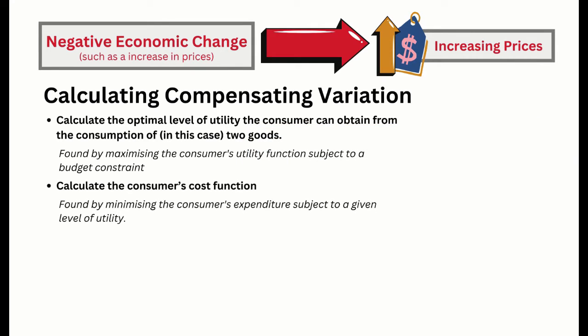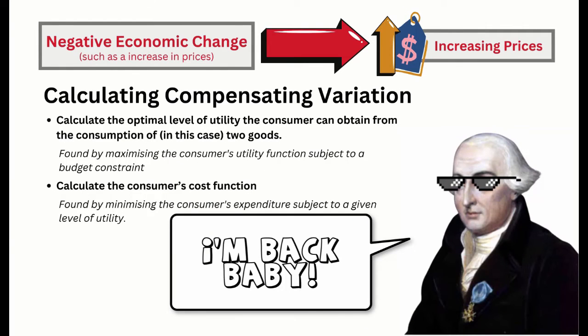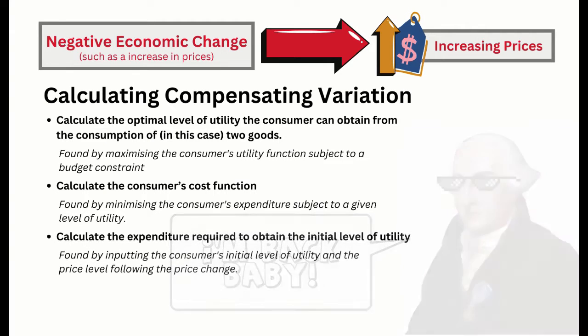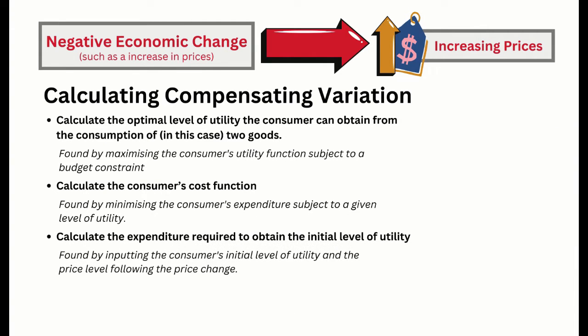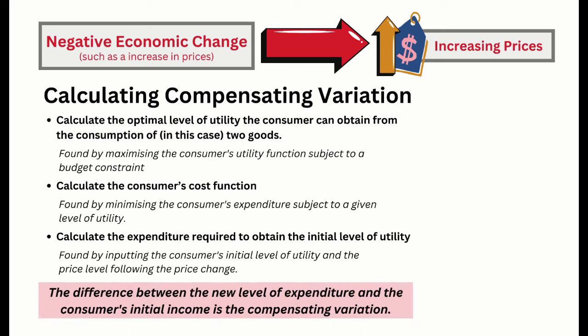Our next step is to calculate the consumer's cost or expenditure function. This can be done by using again the method of Lagrange to minimize the consumer's expenditure subject to a given level of utility. We can then use this cost function to calculate the expenditure required to obtain the consumer's initial level of utility prior to the price rise. So what we'll find is the difference between the new level of expenditure and the consumer's initial income is the